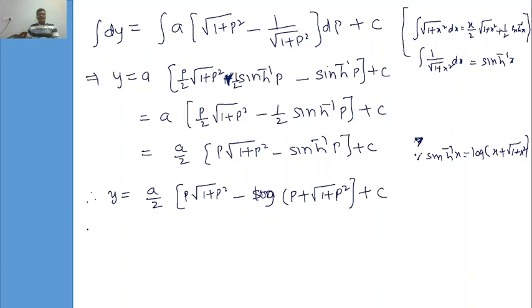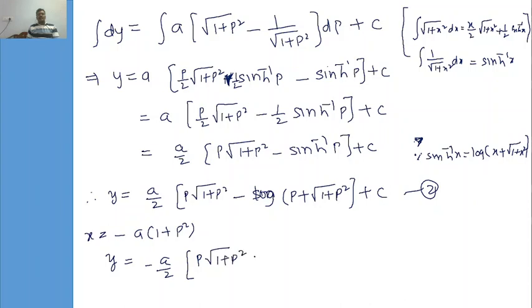Similarly, if we take x equal to minus a of 1 plus p square, this is equation number 2, we get y equal to a by 2 minus a by 2 of p of 1 plus p square minus log of p plus square root of 1 plus p square